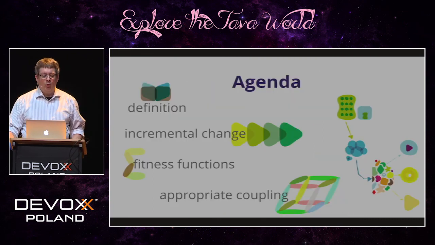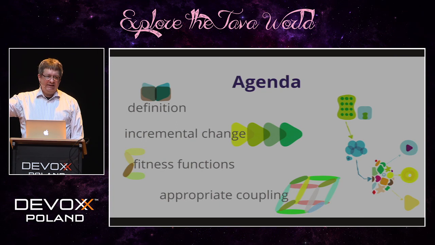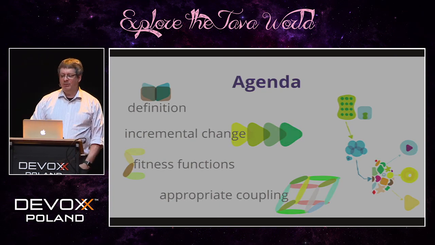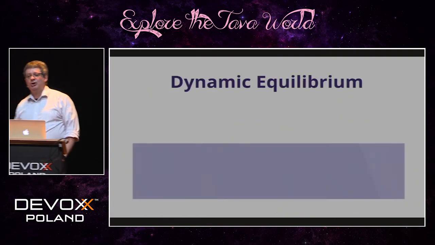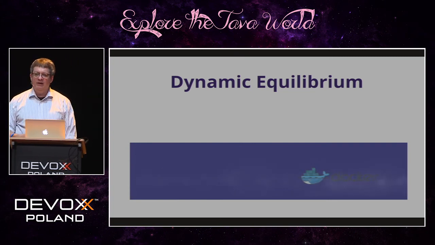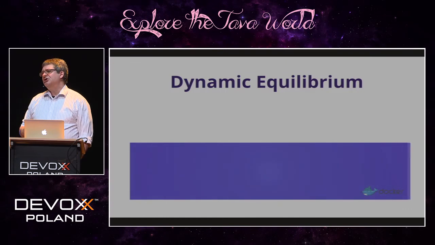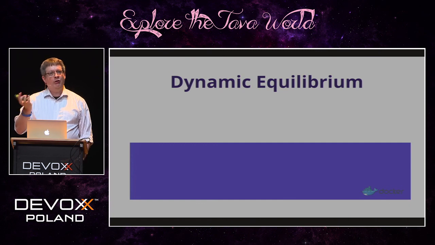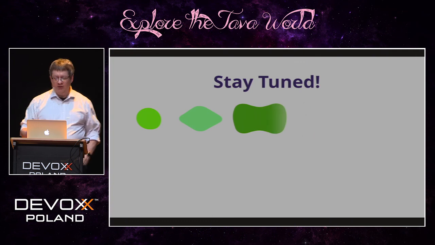That's a lot of what evolutionary architecture is about: adding adaptability as an ility in architecture, along with scalability and all the other ilities that we think about in software architecture. This is going to be an ongoing problem, because this dynamic equilibrium problem is never going to go away. In fact, it's going to get more and more acute over time. That's why we believe it's worth spending some time learning about how to make architectures more adaptable, and that is what we're doing research on and writing into this book.